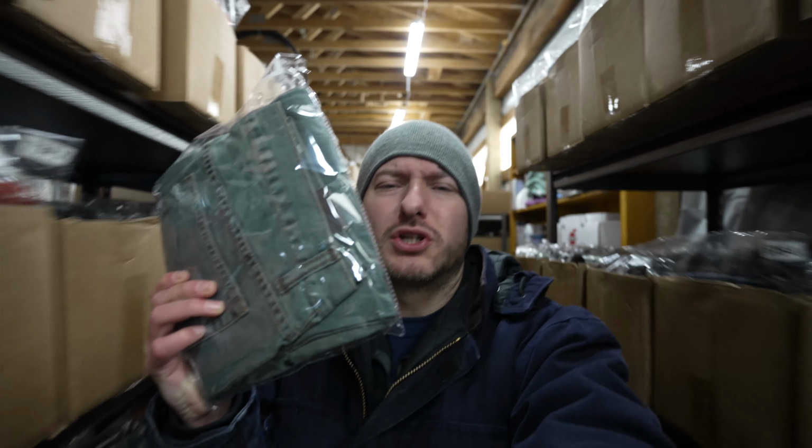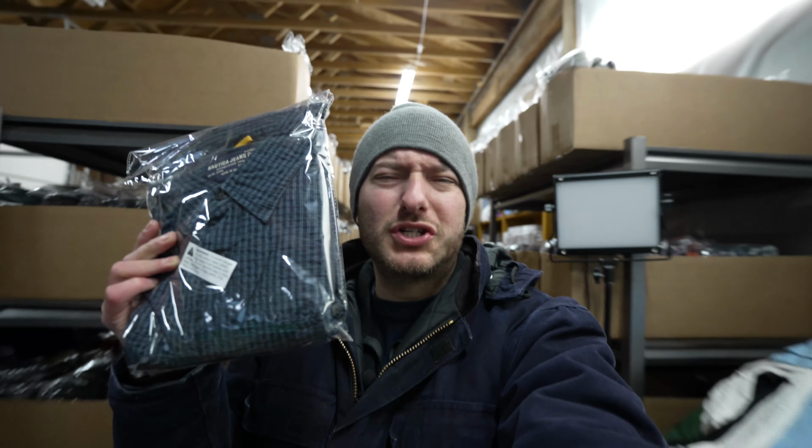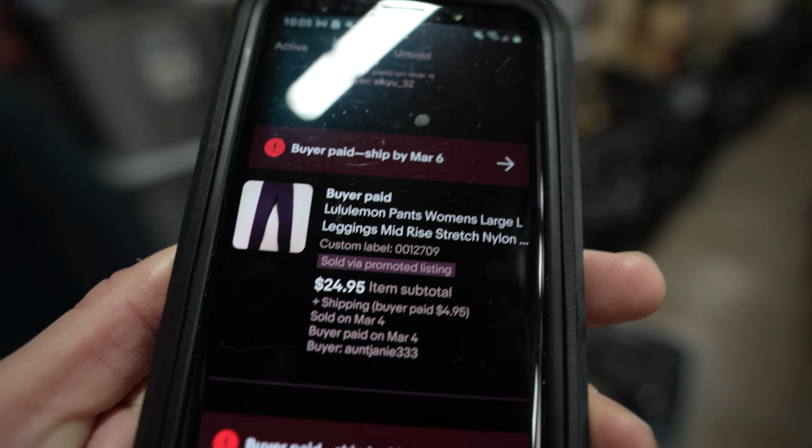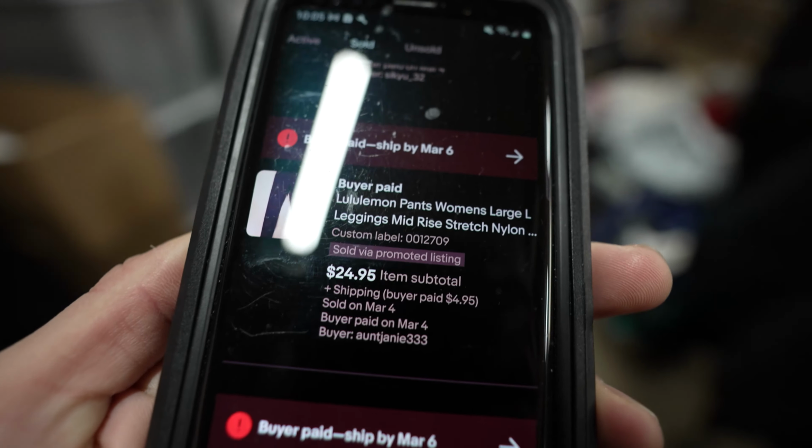These Kenneth Cole men's jeans sold for $31 plus shipping. And this Nautica button-up sold for $22 plus shipping. This women's Blondie dress sold for $5 plus shipping. This pair of Kenneth Cole pants sold for $15 plus shipping. These Lululemon leggings sold for $24 plus shipping. So you can niche down into athleisure, you can niche down into outerwear, western wear, denim jeans,